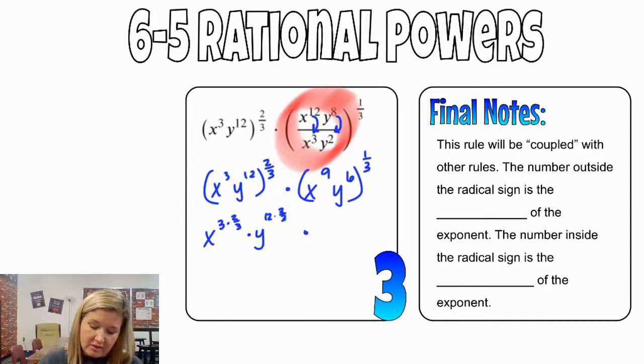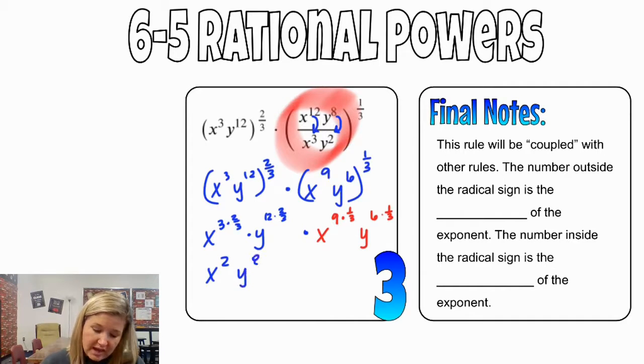And then the other part that we have going on, I'll write that one in red, is x to the 9th times 1/3. So that 1/3 applies to the 9 and the 6, and then y to the 6th times 1/3. So now simplifying down one more time, I'm going to go ahead and multiply those out. So I would have x squared,